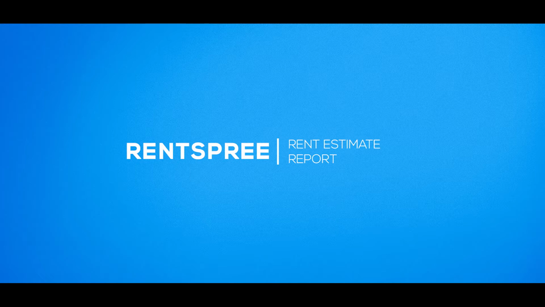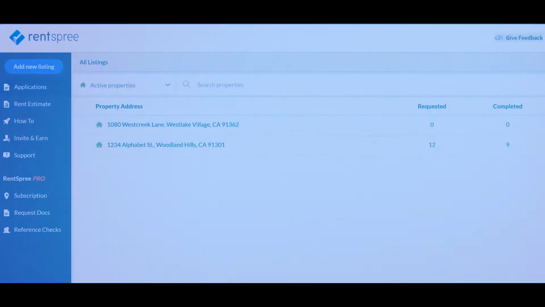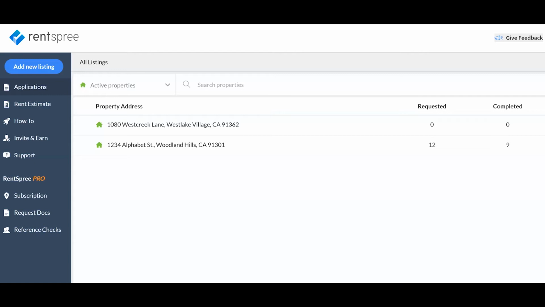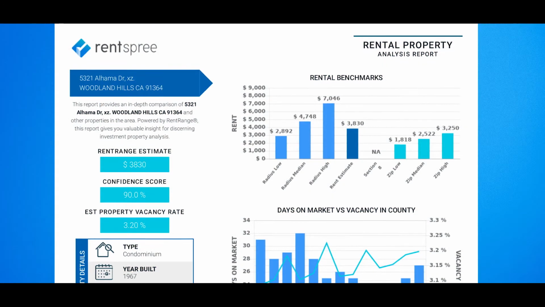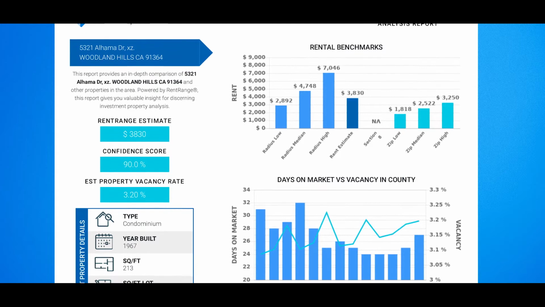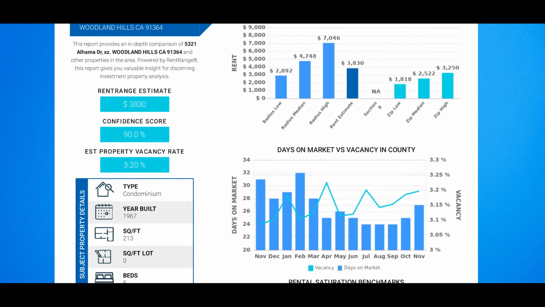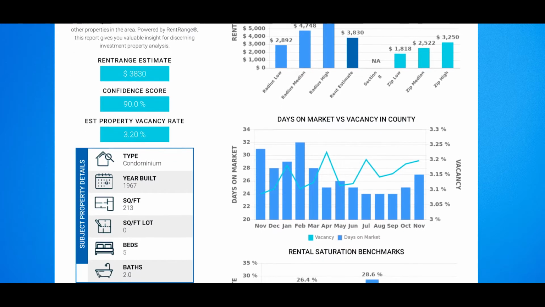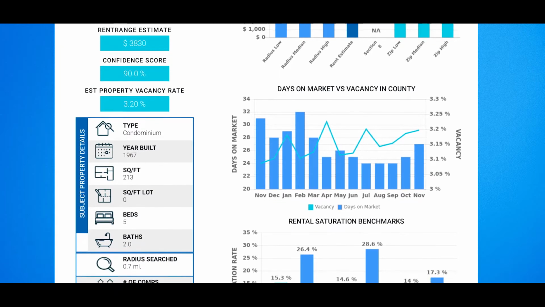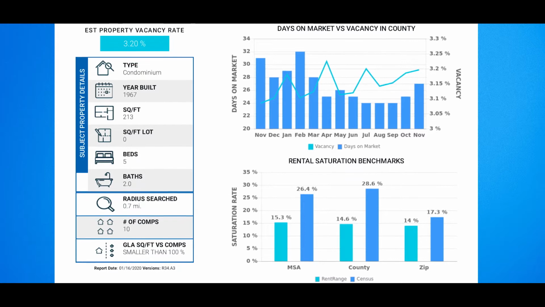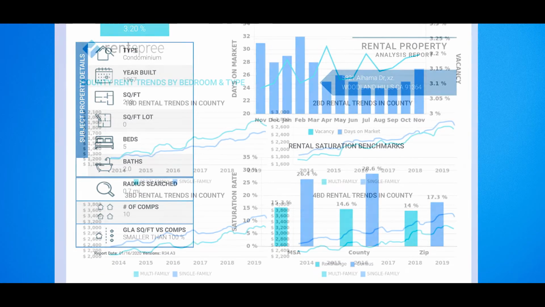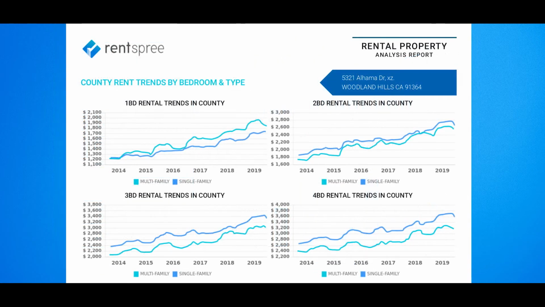When listing a property, there are a ton of factors that go into how you price it, but a lack of good data to help you determine this. Here at RentSpree, we want you to have as much information as possible to pick the right rental price. That is why we now provide custom reports with industry-leading data for you. These reports include market data for your property and the surrounding area, so you can be well informed when setting